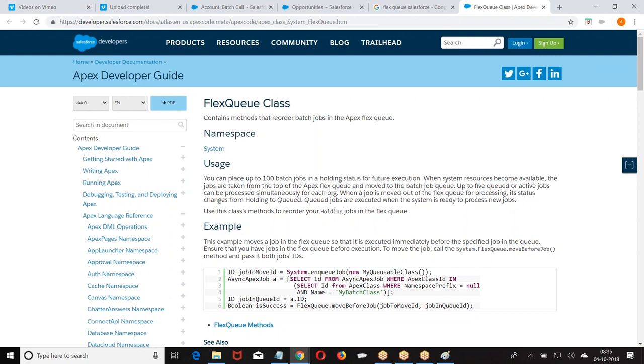Now, how many jobs can be there in the flux queue? 100 jobs can be there in the flux queue. In the 100 jobs, I am at the 30th position. I want to run this job right now. I can move it. I want this job to run after 4 jobs. I can say run this job after so and so. I want to run this job at the last, move to end. I want to run this job at the beginning. So we have that flexibility to move it. Generally this question is asked; practical usage is very less, but in interviews there is a 100% chance of this question.